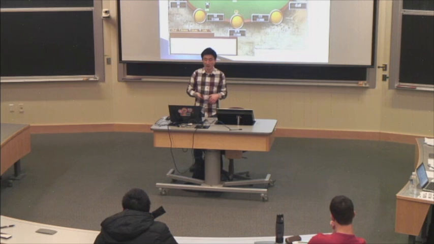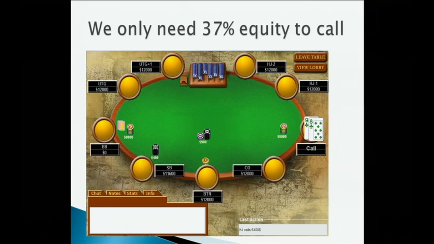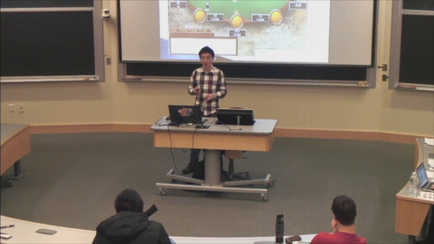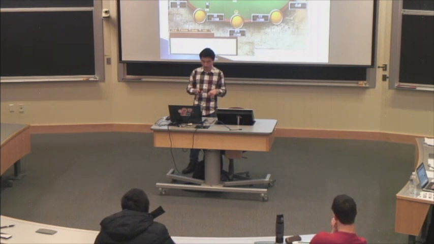If you do the math, you need 37% equity to call. It's possible in some corner cases you can convince yourself that you don't have 37% equity, but for the most part, I see a lot more bigger mistakes by people folding this spot. If you call, you're never really making a huge mistake. Okay, fine. If they're sort of tight, maybe you only had 35% equity and you needed 37, you made a small mistake. But there are situations similar to this where you might have 45% equity and you only need 37% equity. So it's a huge mistake. Folding can be a big mistake, but calling is rarely a huge mistake when it's 12 big blinds or less.